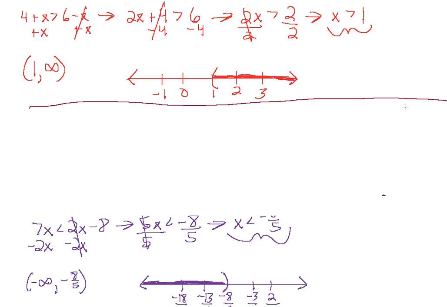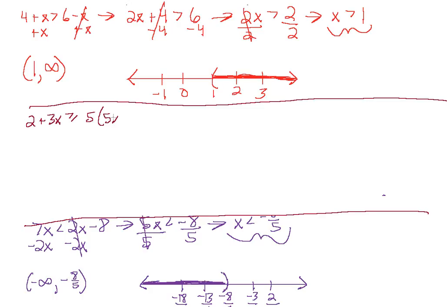So let's just do one more, just for a little bit more practice. Let's look at 2 plus 3x is greater than or equal to 5 times 5x minus 2. Okay, this one's going to take a few steps. So let's go ahead and get started. Let's rewrite the left-hand side and work on the right-hand side first. So we have 2 plus 3x is greater than or equal to